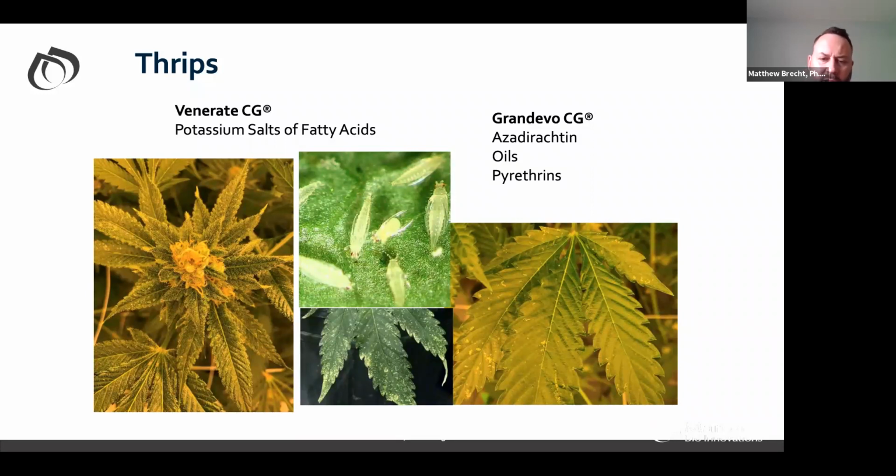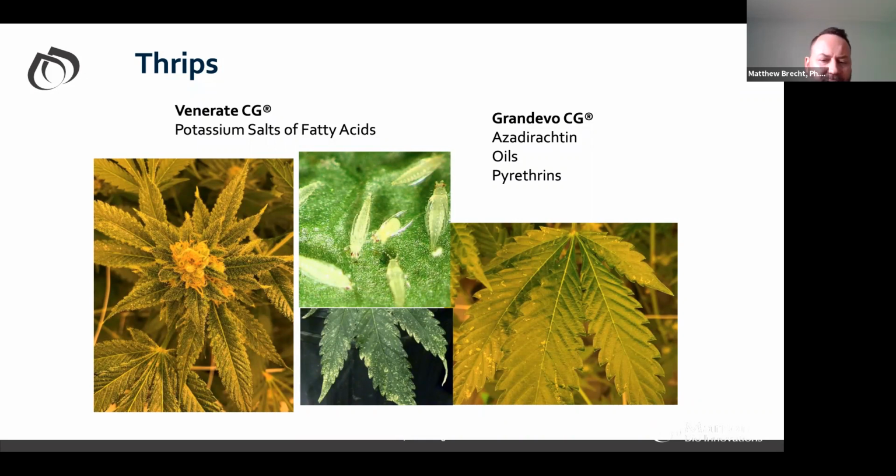And you can see there in the middle of the picture, well, those are all Western flower thrips, and then right in the middle is an aphid. So it gives you a difference in size between a thrip and an aphid. And they're about the same if you look at them at the early stage, okay?